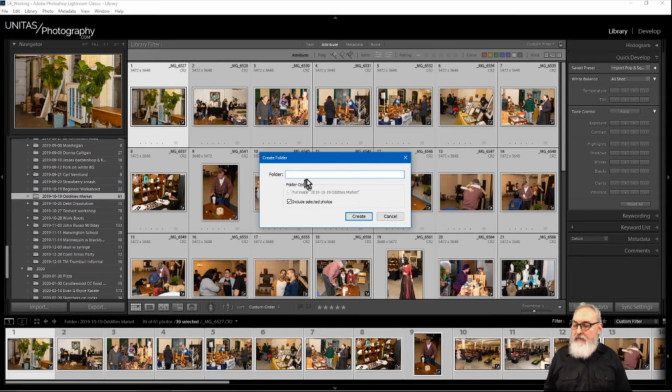It's going to ask me to give it a name. For me, I call them seconds. The reason I call them seconds is because these are secondary images to my primary pick. They're going to move to a separate folder. I'm not going to delete them just yet, just in case I need one of those images for any purpose whatsoever. So I'm going to call it seconds, and I'm going to make sure that the option that says